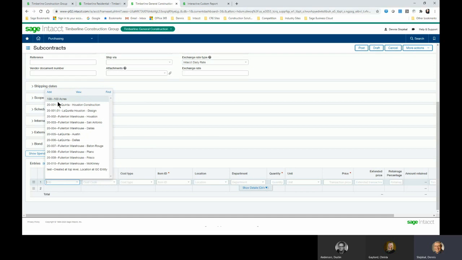So, bottom line, as we look at the multi-entity solution, we've got to deal with navigation, we've got to deal with data access, and we've got to deal with tactical efficiencies. And Sage Intacct has done a great job of addressing all of these capabilities. So with that,